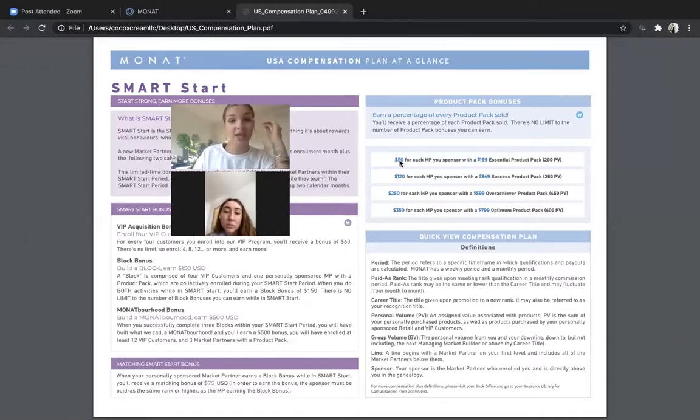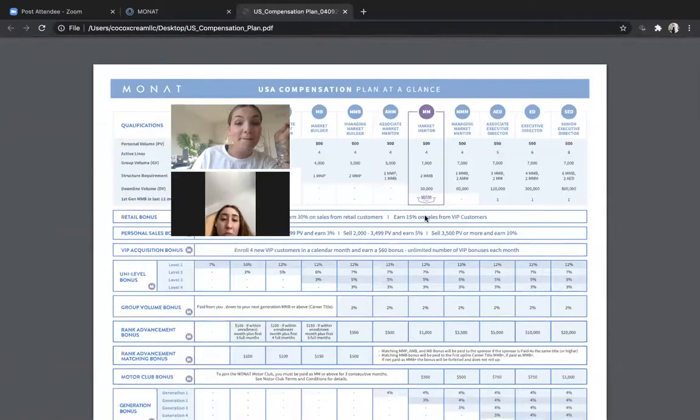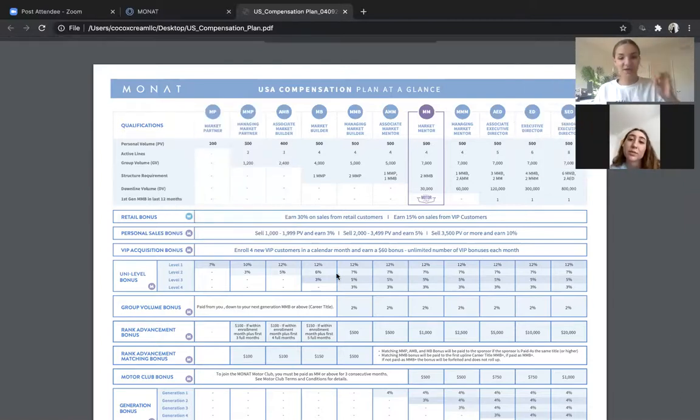But here you'll see, if you recruit a market partner that gets the $199 pack, you also get $50 for that market partner. So think about it as you close down on a block, you're really closing down on at minimum $200, plus the $60 from the VIP acquisition, that's $260, plus your 30% or your 15%, plus this. You feel me, sis? This is in your Smart Start period. Now,